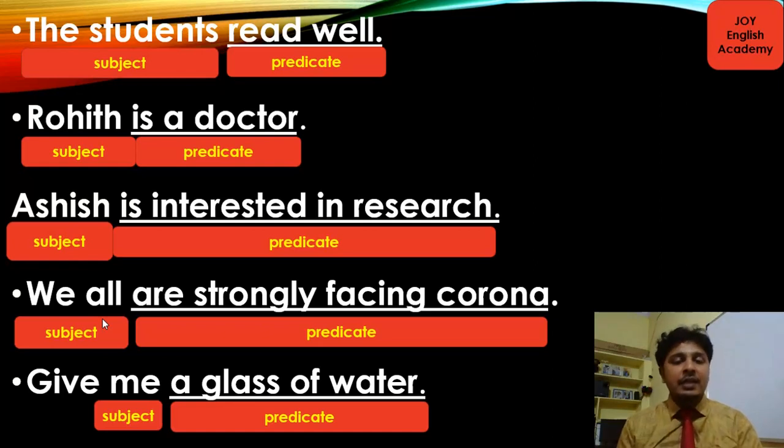Already I told you previously that subject can be a name of a person, place, animal or thing, or to be precise, it should be a noun or a pronoun. And a glass of water, what we talk about or what we speak about the subject becomes the predicate. Clear, children? A sentence is a group of words which makes a complete sense or which gives a complete meaning. It contains a predicate. It contains a definite verb. Then only it is considered as a sentence. Right? Let's go further.